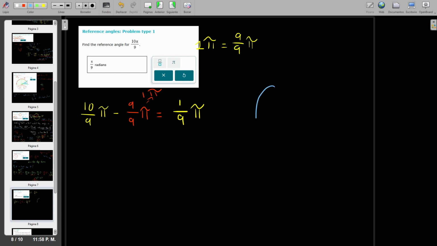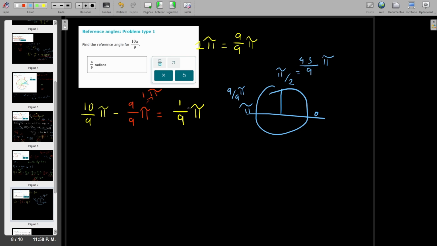So we draw our circle. Now this is 0 again. Remember this is the half of a pi, because half a circle is a pi. Half a circle in this case would be 9 over 9 pi, and the half of 9 will be 4.5 over 9 pi, right? So 1 is less than 4.5. Yes, so the angle would be like